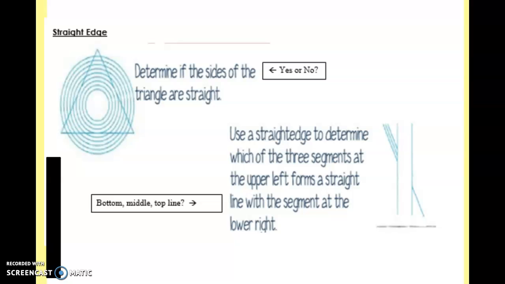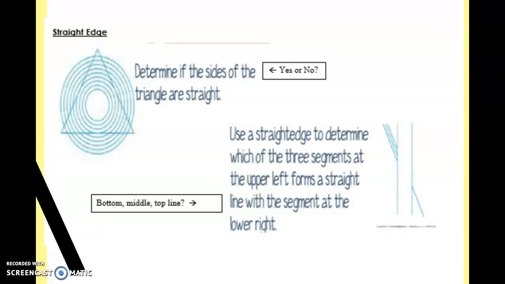All right, so here's some examples of what I mean. A straight edge can determine if sides of a triangle are straight. If you look at that first figure in the top left-hand corner, the optical illusion is making you perceive the sides of your triangle as being bent. So in order to tell if it is actually truly bent, to bust the myth,